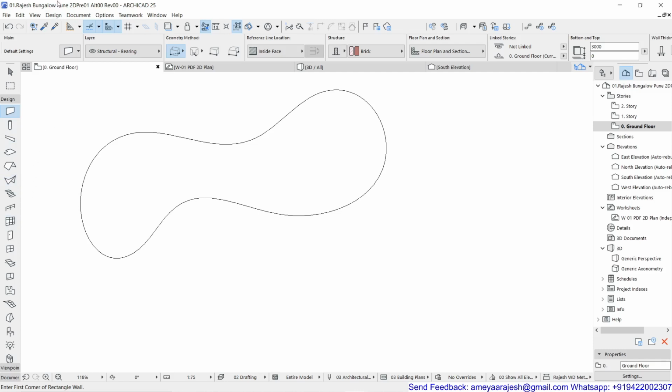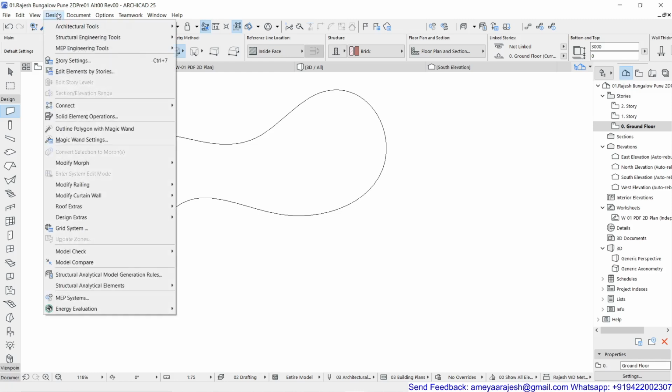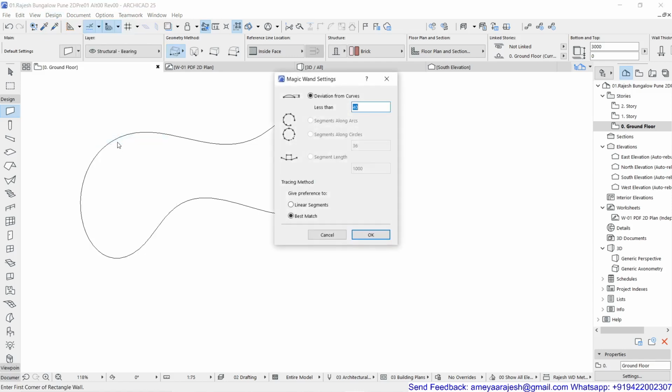So the magic wand is the tool whose settings you can control from the pull down menu Design, and there is Magic Wand Settings. So remember this magic wand setting, by default the selected option is deviation from curves less than, and as per the current unit system, this is 40 millimeters.